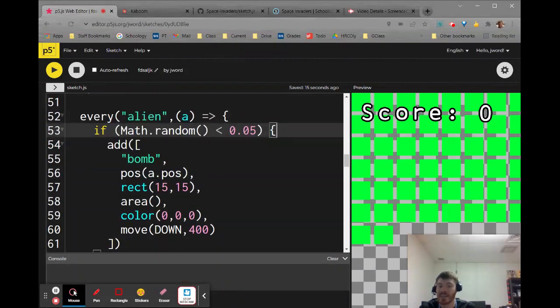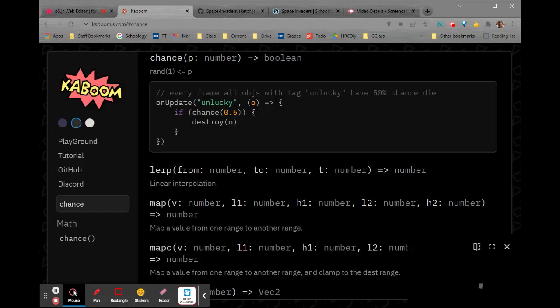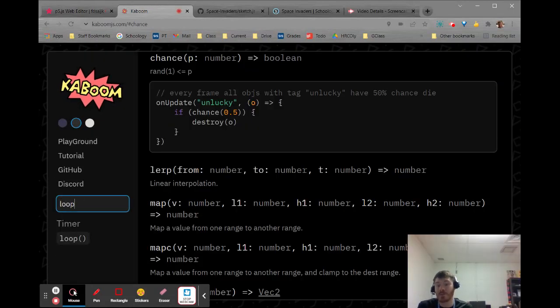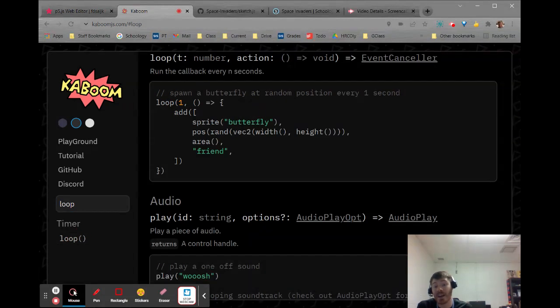So now we want it to actually repeat more. Now that we've slowed it down enough, we want it to keep happening. And there are a few different ways we could do that. Kaboom does have this function called loop. So we could set it kind of on a timer. But I think it might even be more interesting to make the timing of it a little bit random too. So we could use loop and make it random. But